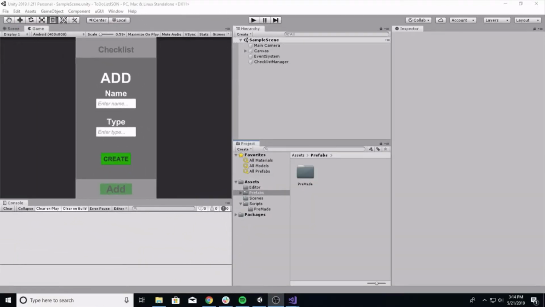Hey guys, this is another tutorial. This one is going to be how to create a checklist using JSON so we can save and load information